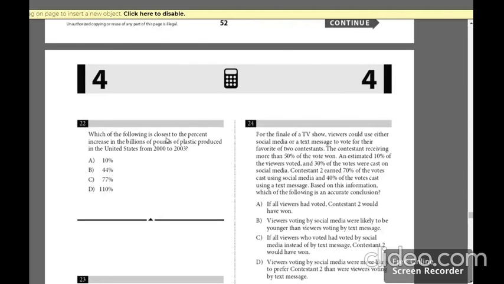Moving on to the next question that we have. Which of the following is the closest to the percent increase in billions of pounds from 2000 to 2003? First we need to understand what percent increase is. So let's say you have 10 to 16 or 10 to 8 or whatever, if there is an increase, you have to write the number of increase divided by the original. So now when they have given 2000 to 2003, you need to check first what it was and how much is the increase.